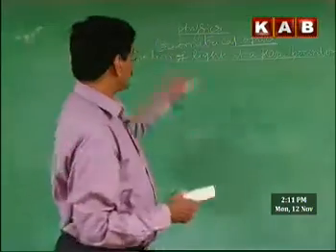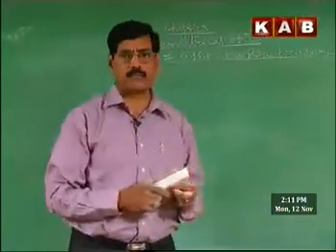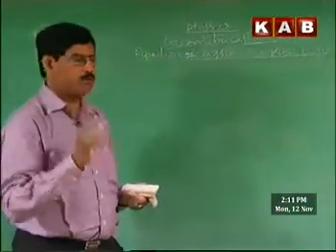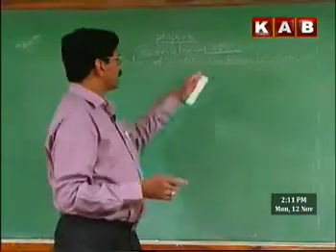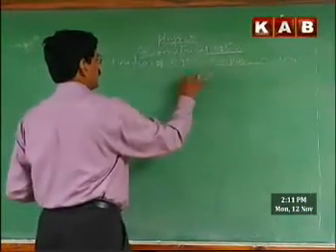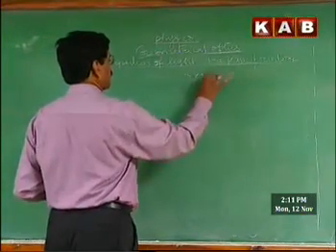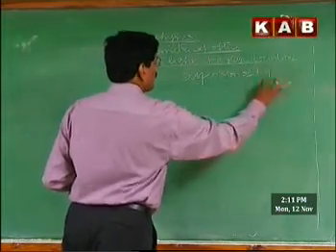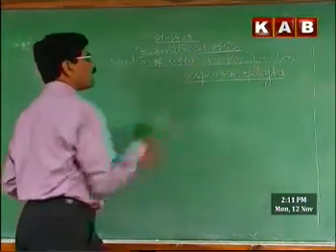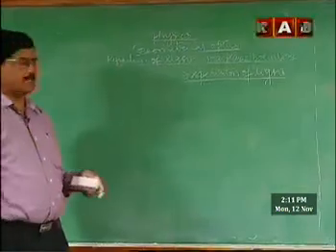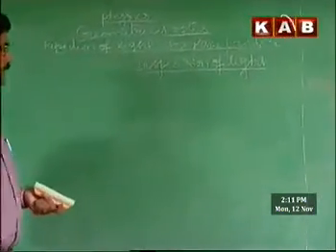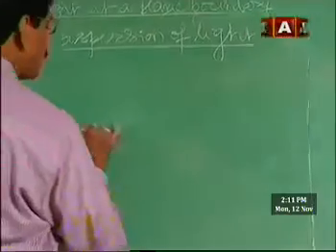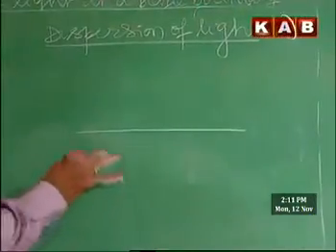Okay, next, in the continuation of refraction of light at a plane boundary, we now go to the concept of dispersion of light, the dispersion phenomenon. What is meant by dispersion of light? Before we go to what is meant by dispersion, we will try to analyze the refraction when a polychromatic light is incident on the boundary.